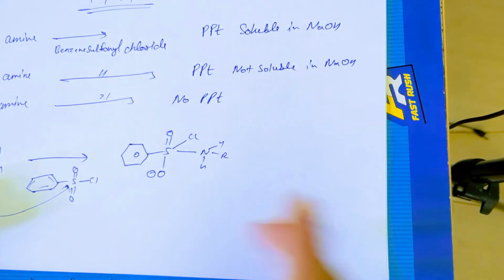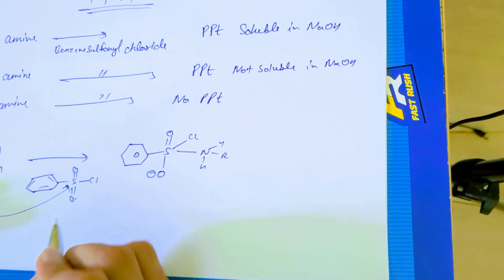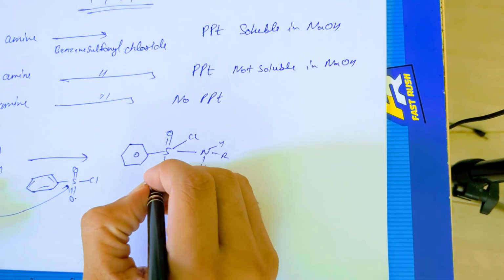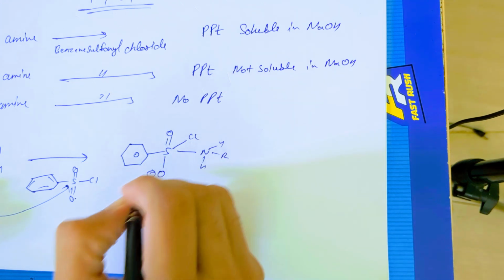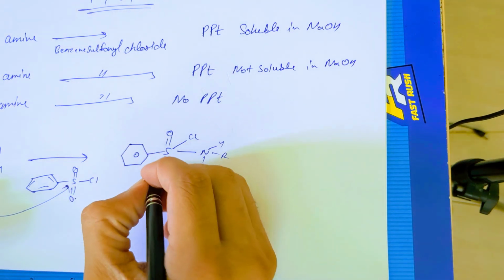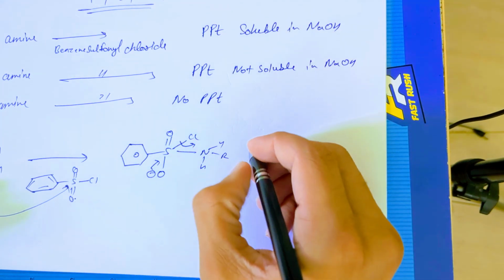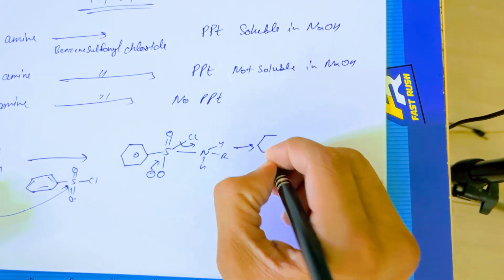Now the double bond present between sulfur and oxygen breaks, and again to gain stability, the electron present on oxygen donates to the sulfur, and the cleavage of the sulfur chlorine bond occurs, and we get the species here,